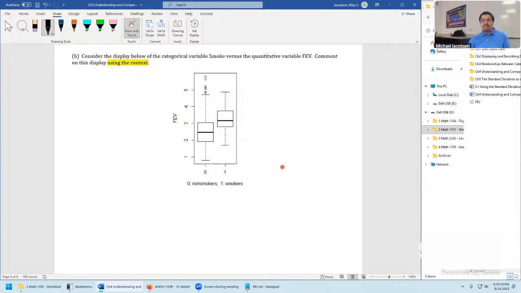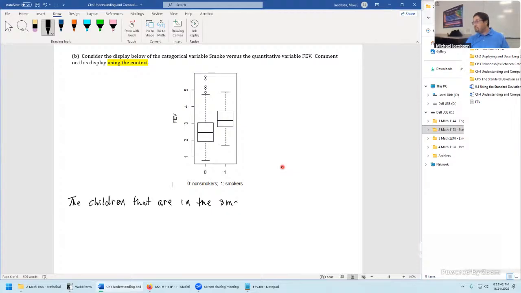Nonetheless, we're literally staring at a situation which says the children that, I don't necessarily want to say that smoked, because again, this might include secondhand smoking. So let's say it's the children that are in the smoking group. I don't know if this is any better, but let's go with that.